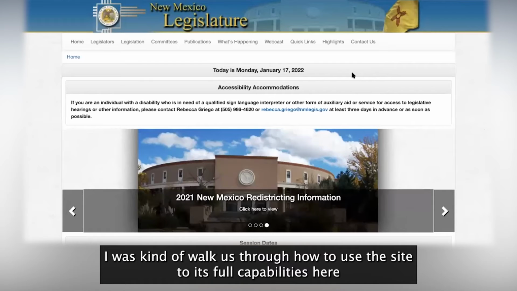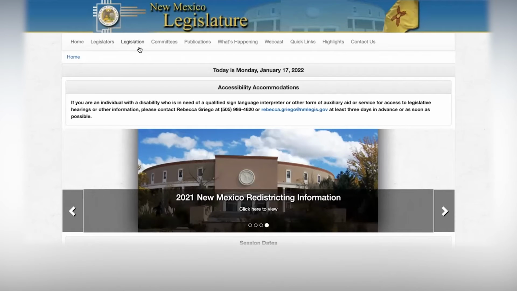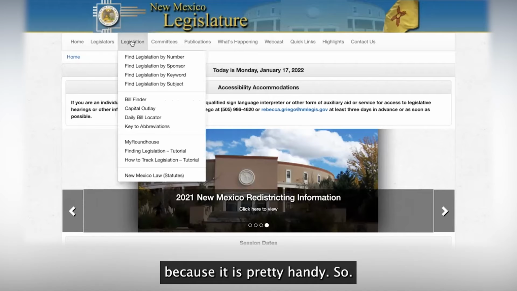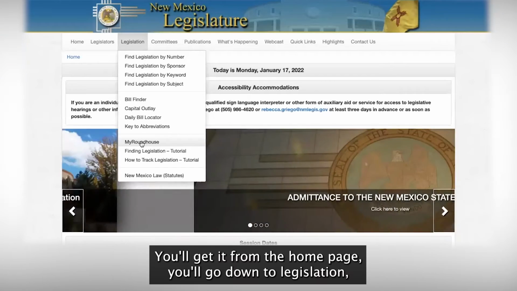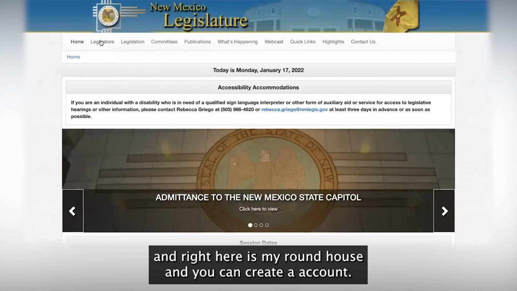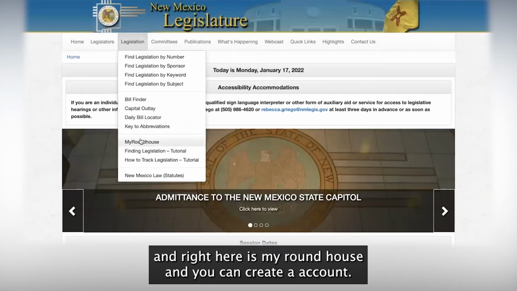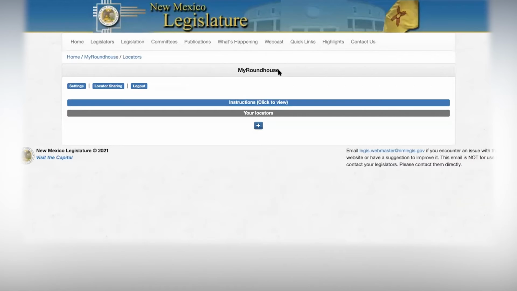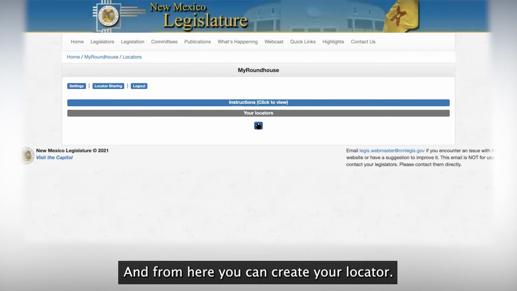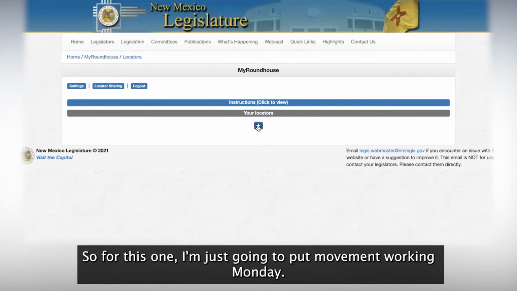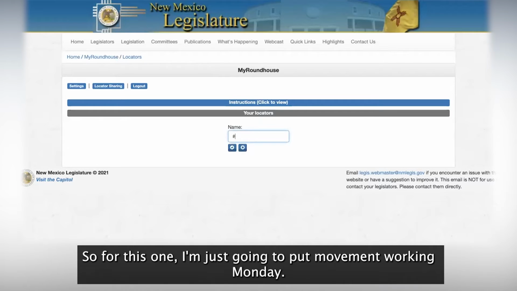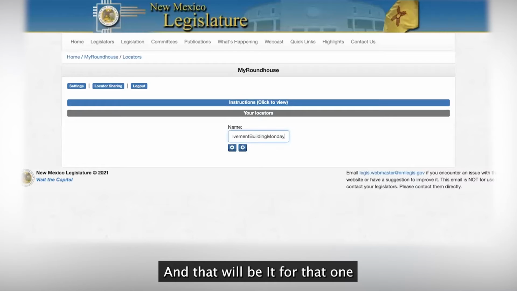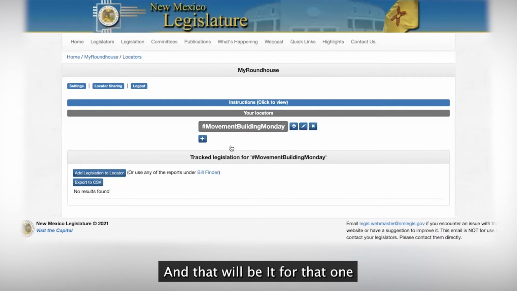I will walk us through how to use the site to its full capabilities here, because it is pretty handy. From the homepage, you'll go down to legislation. Right here is My Roundhouse, and you can create an account. I already have one and I'm signed in already. And from here, you can create your locator. For this one, I'm just going to put Movement Building Monday, and that will be it for that one.